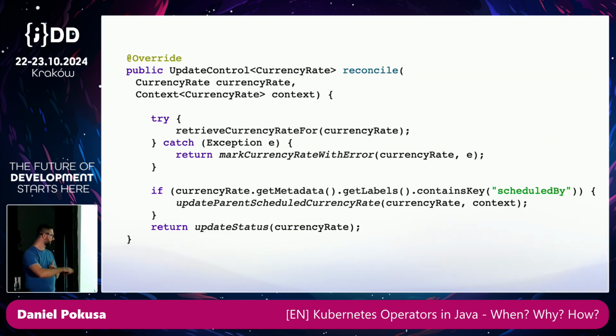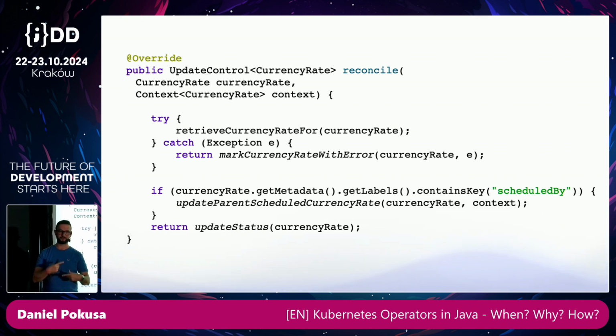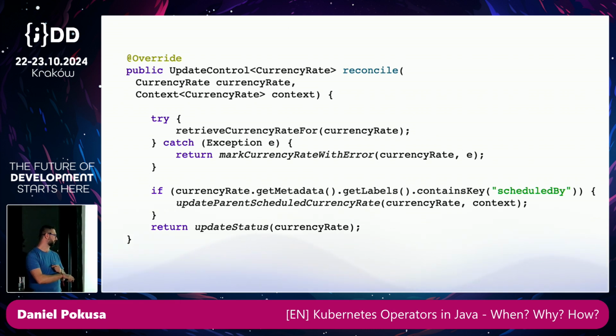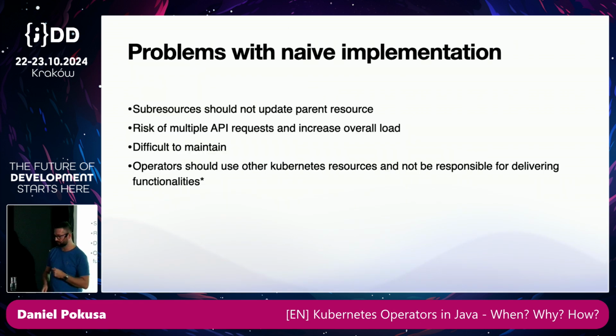And this is the thing that you should never do. The children don't update their parents. That's not how life goes. Okay? Maybe it is actually, but never mind. And then we are updating status. That's the method from the Kubernetes operator, nothing specific, and that's it. Simple, yet not very good, because sub-resources should not update the parent resource. That's the first. In case of doing it in that way, we are risking multiple API requests and increasing overall